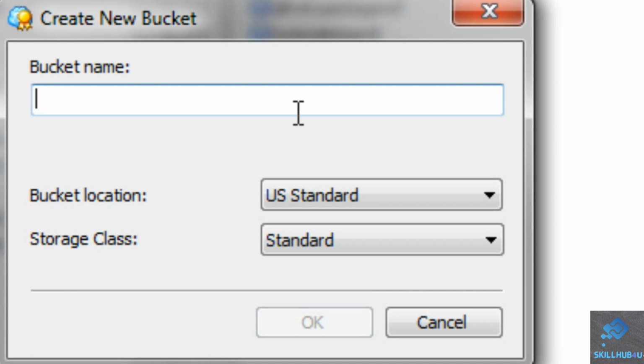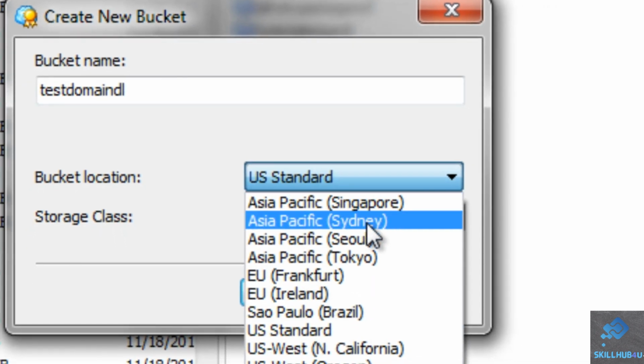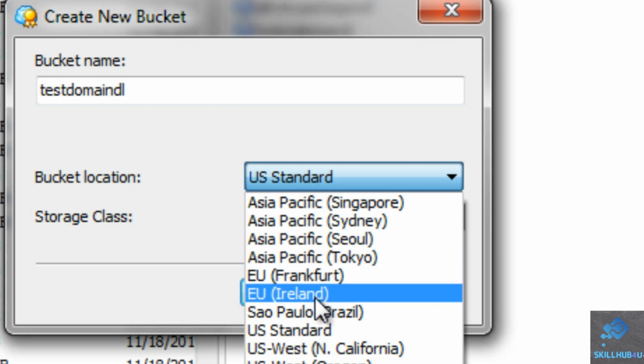and keep in mind that you want to name it using a naming convention so that you know what that bucket is. Now, the next thing is it's going to ask you for your bucket location, meaning are you going to upload the files to a server within a certain region like Singapore, Sydney, Australia, Tokyo, Seoul, Korea, Europe, or